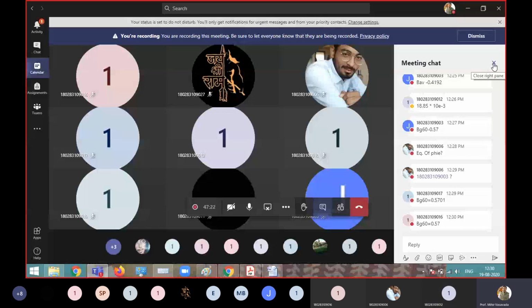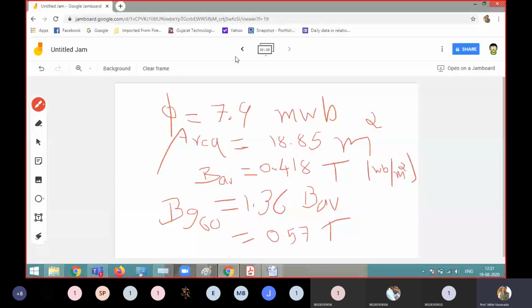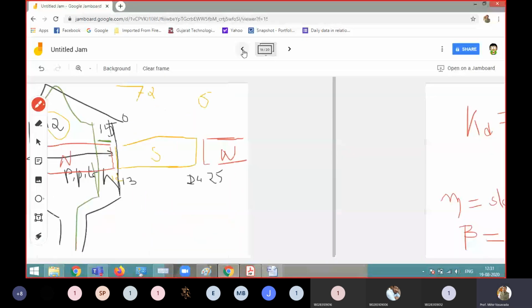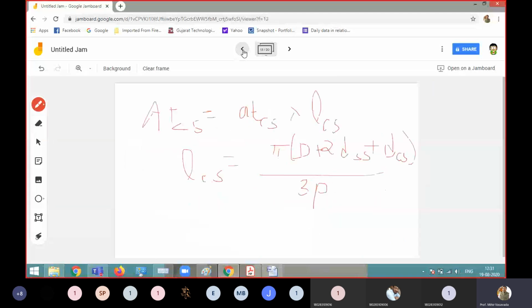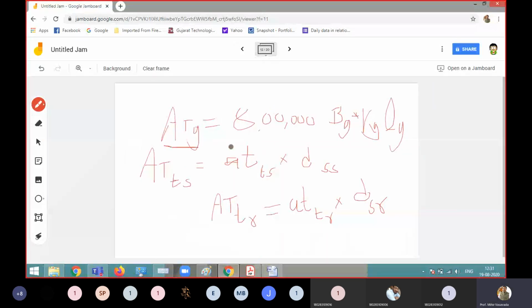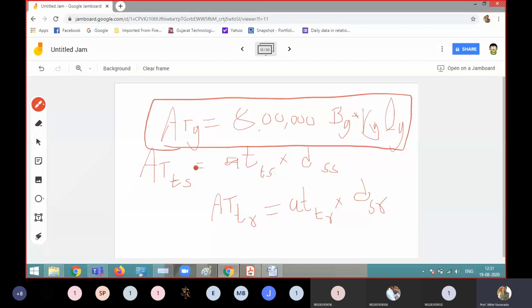Yes, sir. Right, we'll calculate, so you will come to that conclusion also. Yes, so sir. BG and BG60 everyone is able to find out, right? Now you have to use the equation what we have taken in the last lecture to calculate. We have started this equation. We have written this equation yesterday. ATG to find out the MMF required for the air gap. This you studied in EED also, derived also.